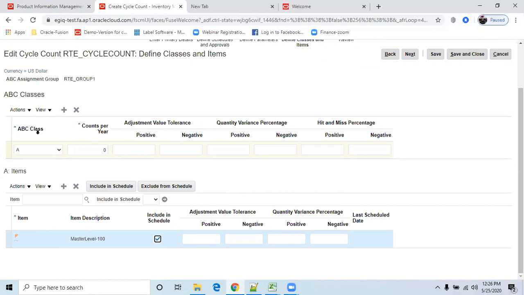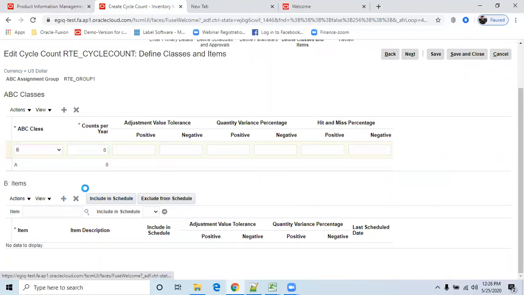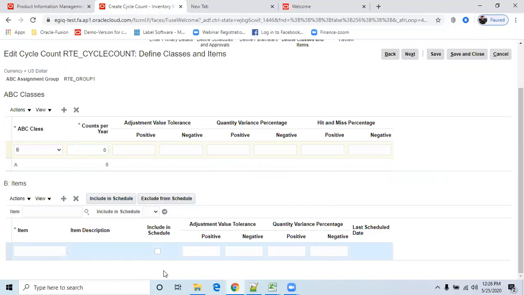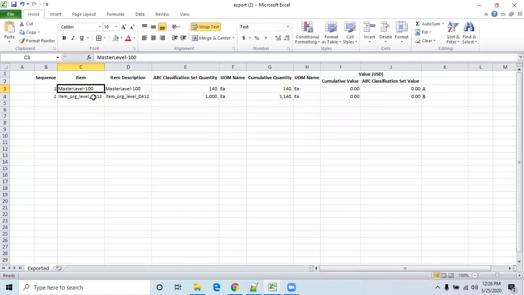Okay. Now under this class A, I selected this one. Then you click on plus, provide class B. Click on plus again. What is the next item? This one.